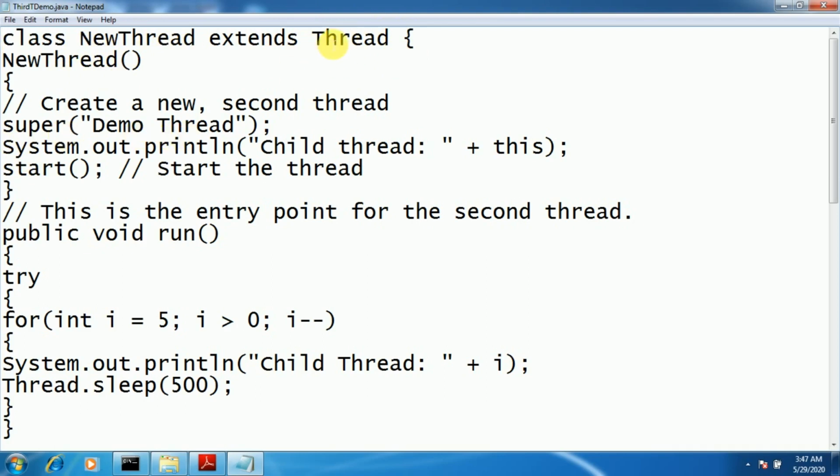Already in this Thread class we have defined the super class constructor, so that will be called. Then display the information of the newly created child thread. Then start. Once you call the start method of the Thread class, in turn it is going to call run. And in the run method, you need to assign the task to the child thread.